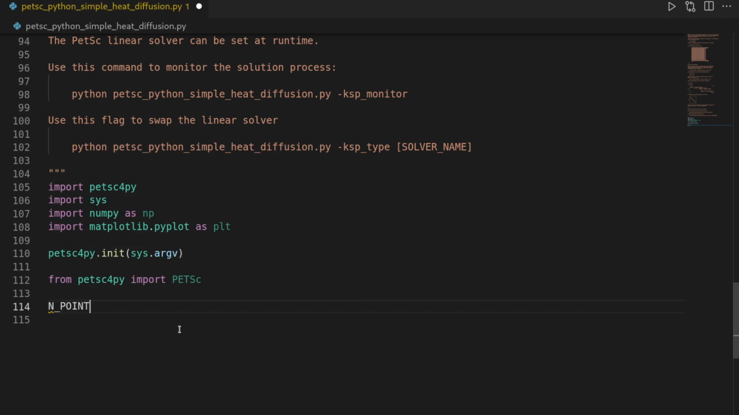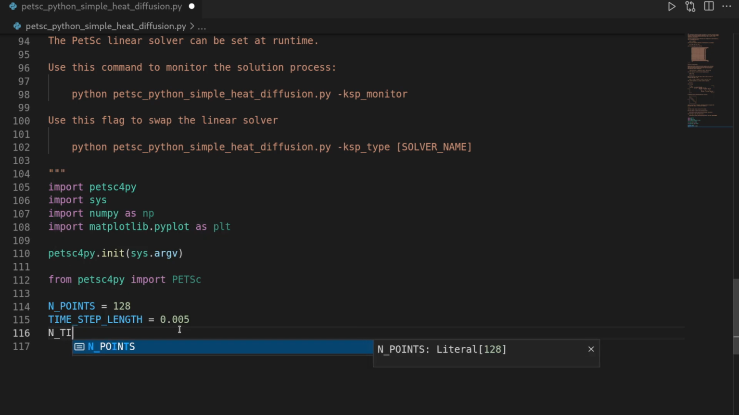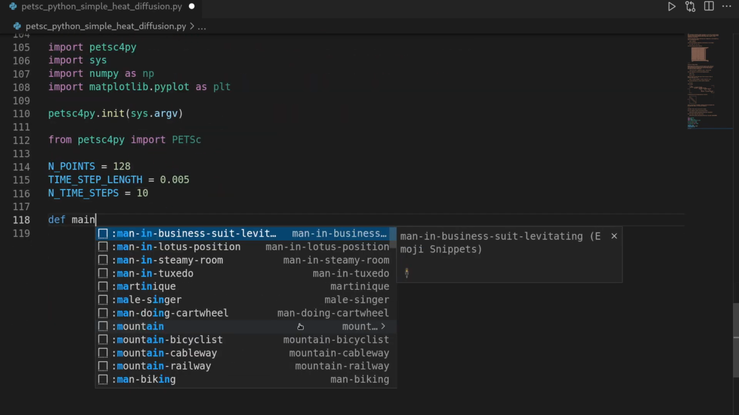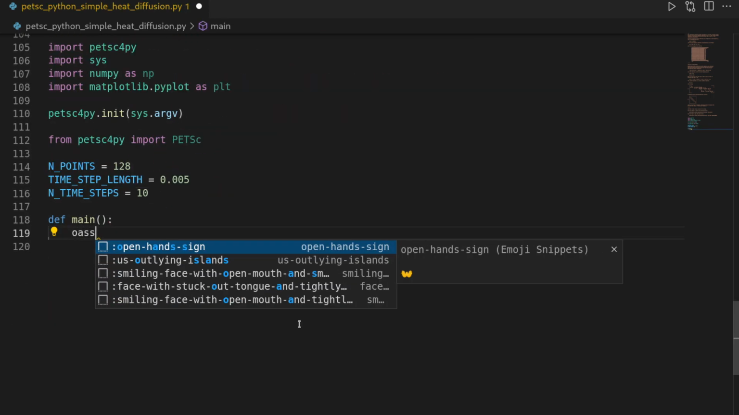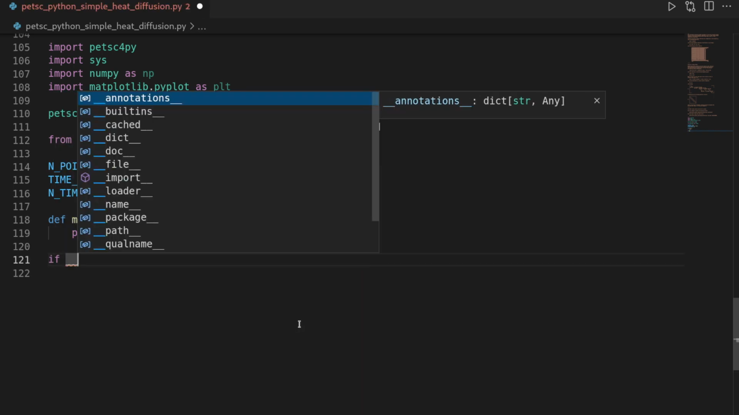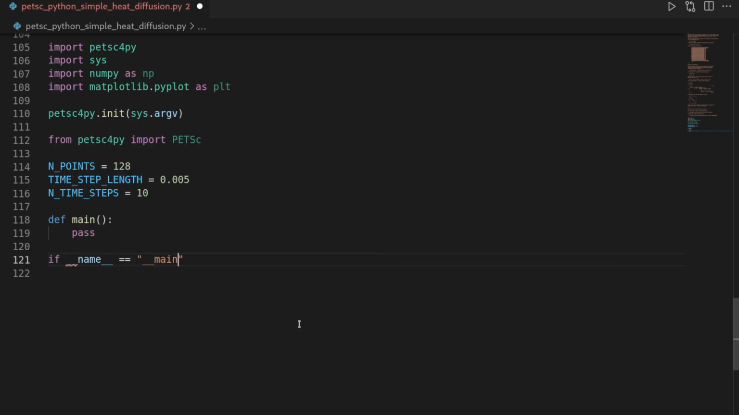Then let's define some constants. So I want to use 128 discretization points here. And for the temporal discretization, I want to use a time step length of 0.005. And I want to perform 10 time steps. So n_time_steps will be 10. Then let's create a main function and leave it empty for a second. And then call the main switch. So if __name__ equals __main__, then execute the main function,